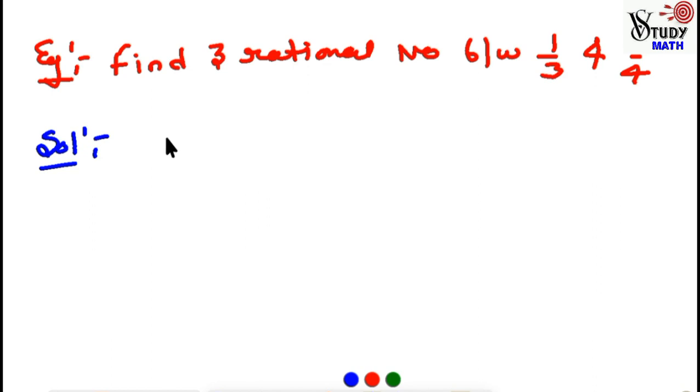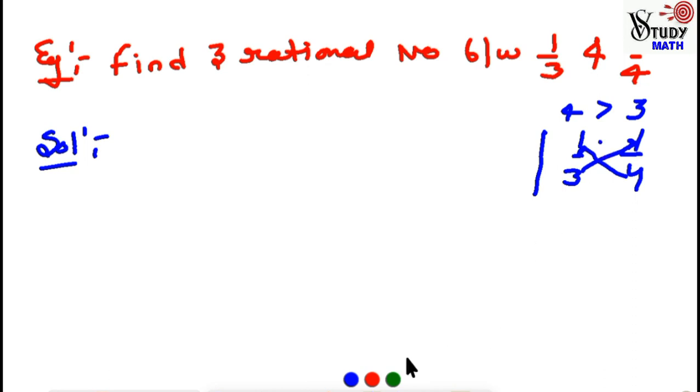So first step is that we have to compare. So roughly we are going to compare 1/3 and 1/4 by the cross product method. This 4 is going to multiply here and become 4, 1 4s are 4. 3 is going to multiply here and 3 1s are 3. So in 4 and 3, 4 is greater.